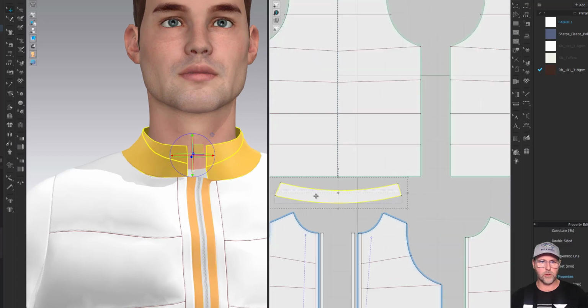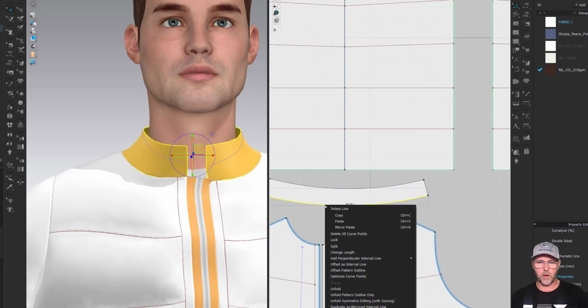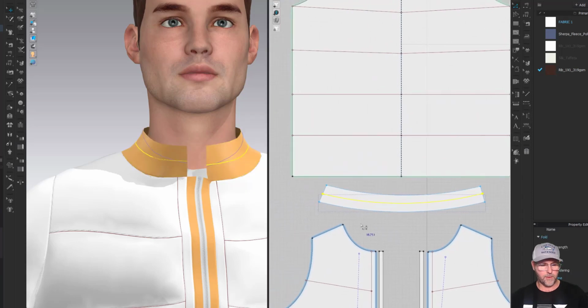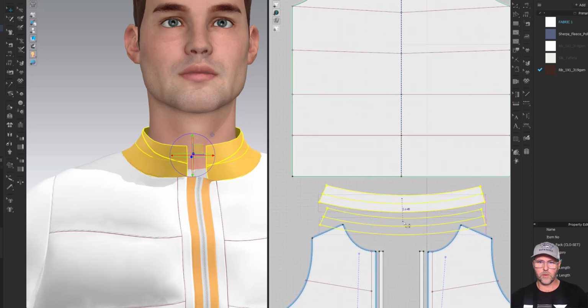What I'm going to also do though here is I'm going to add one layer of quilting. So I'm going to just select the bottom line with the Z tool. I'm going to offset this internal line. I'm going to do just one. So now that I have that, I'm going to select it, clone under, put it right there,